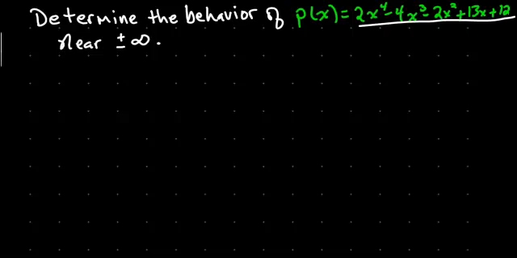So you take p of x and you factor out this biggest term here, 2x to the fourth. Factor that thing out. That is, you take 2x to the fourth, pull it out of every term in there. So what would I multiply back to get 2x to the fourth? I need to just multiply by 1. Okay, I need to multiply back and get a negative 4x cubed. So what's that going to be? A negative